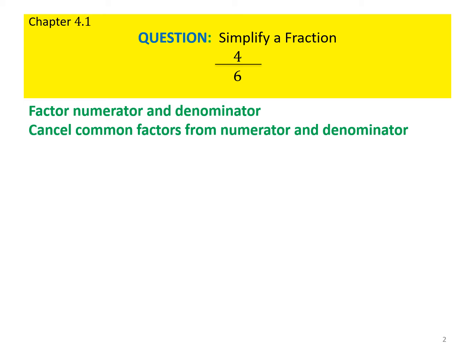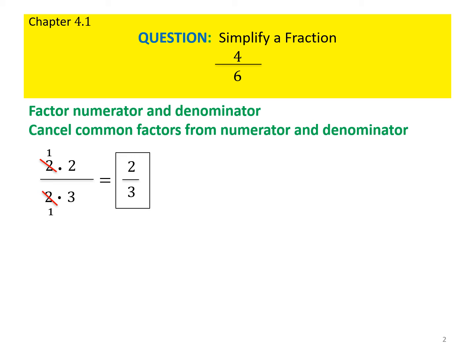Let's take the example 4 over 6. You're going to go ahead and factor the numerator into 2 times 2, and then you factor your denominator 6 into 2 times 3. And then you cancel the common factors. You choose one from the numerator and one from the denominator, and you cross those out, and you have 1 over 1. And your answer then would be 1 times 2 is 2, and 1 times 3 is 3, and your answer would be 2/3.